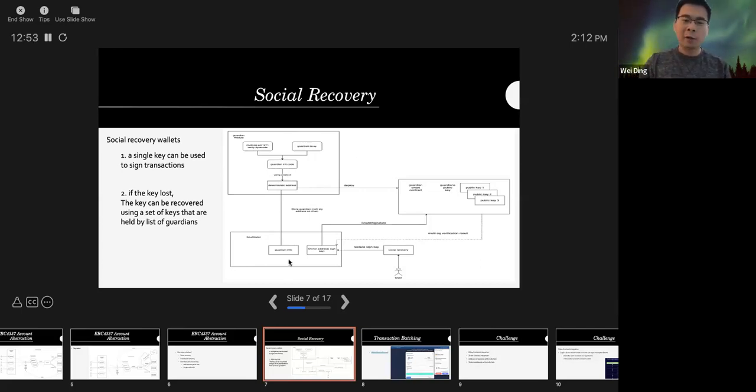With this, we have a benefit because the user sets the guardians, and other people can't see who your true guardians are because this is a hashed address. But when the user really needs to recover, they can ask their guardians to sign the signature for them. And the guardians cannot talk to each other before you actually request the recovery. Here are the implementation details. If you're interested, you can check the GitHub.